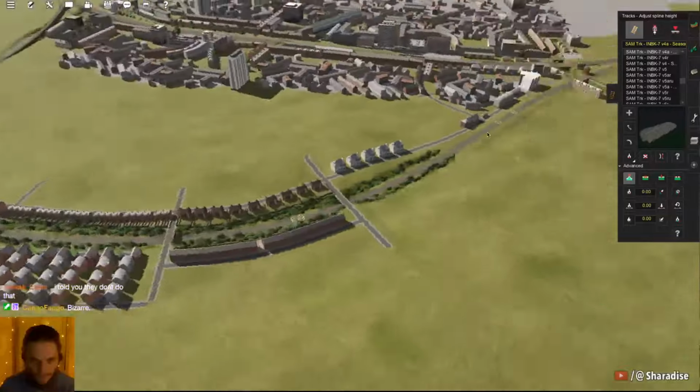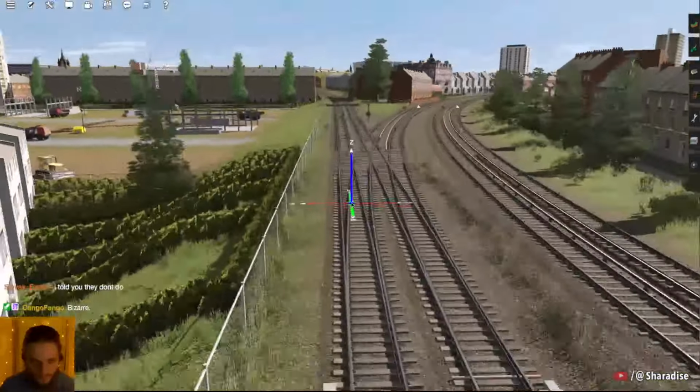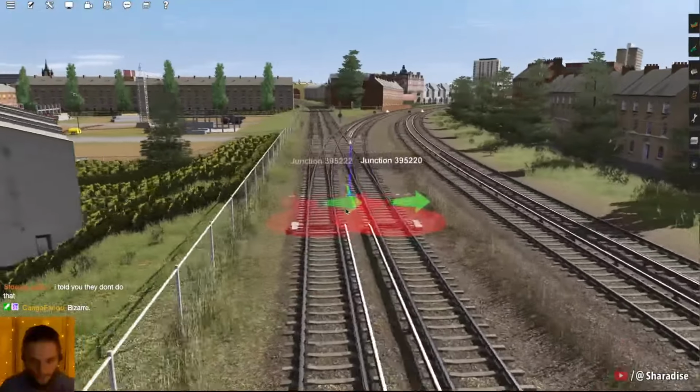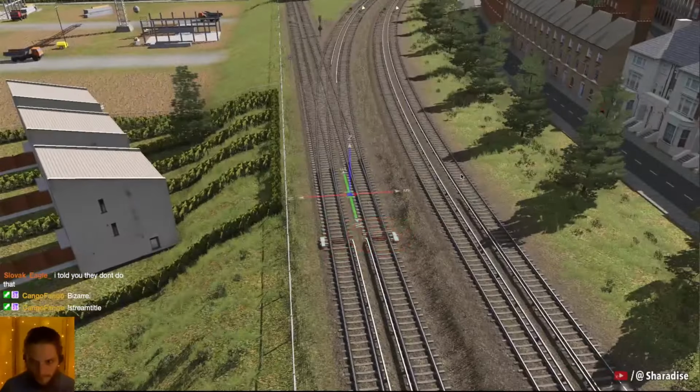But I thought that it did. Because why else would I have had the issues here with a vertical alignment change? Because I went through, so